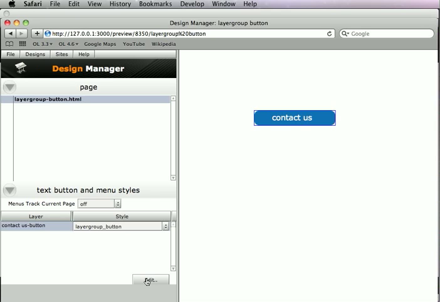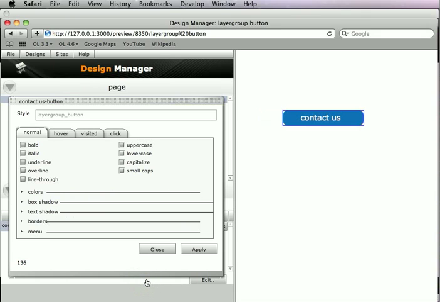I'm going to edit this style, and by editing the layer group button style, I'm going to edit the settings used by all layer group buttons, the default setting for all layer group buttons for this particular Photoshop file, which is better than sometimes having to make a new style and set it for all these individual buttons and that sort of stuff. But we have both ways of working. So again, if you remember the text buttons video, you saw me use a lot of these controls. I can say, oh, well, when